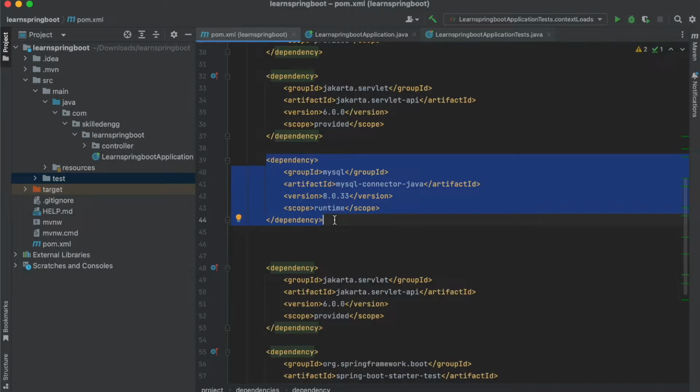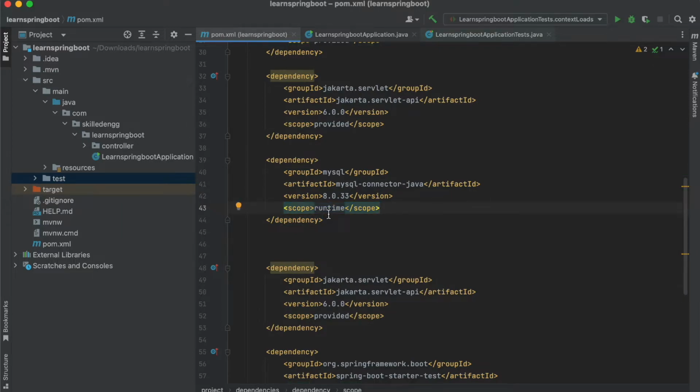But this dependency will be required at the runtime, not at the compilation time, because using this dependency we will make the connection with the database itself, which is required at the runtime only. At the compilation time the application will not create any connection to the database, so this dependency will not be required. That's why we can use the runtime scope for this type of dependency.